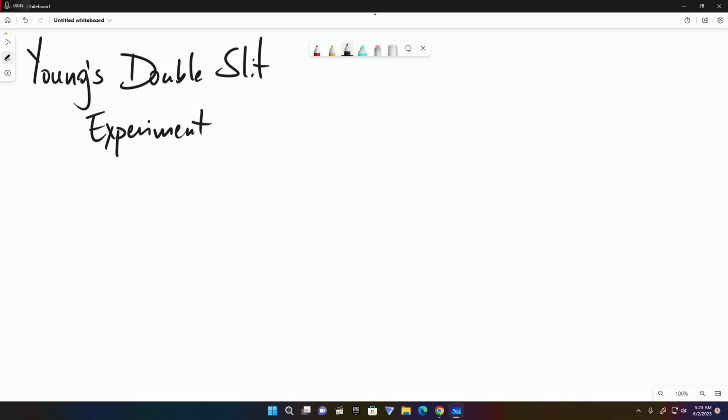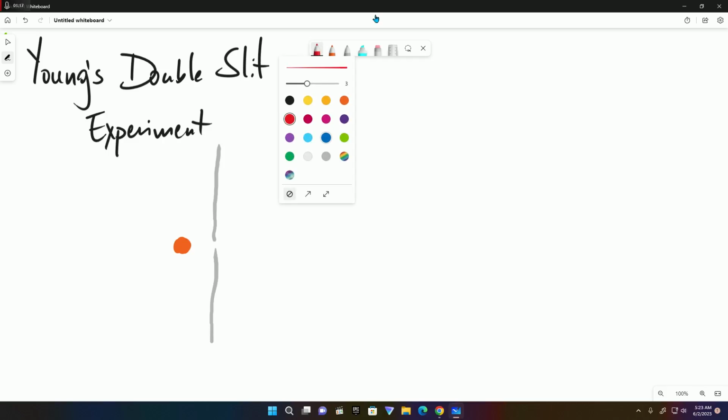Young decided to perform a simple experiment. I use the word simple very loosely. Young got a lamp, and then he decided he was going to use this lamp in a very intelligent way to produce or to make two sources of light. So he got a screen, made of some material that didn't allow light to pass through,